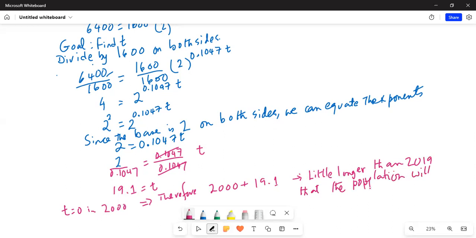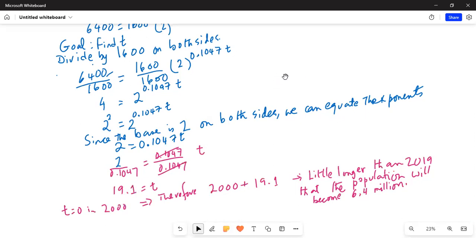Let me clarify this: that the population will become 6.4 million. So to summarize what I did,